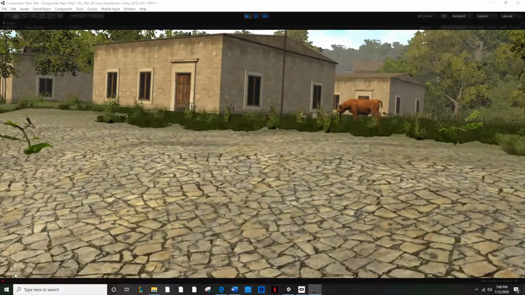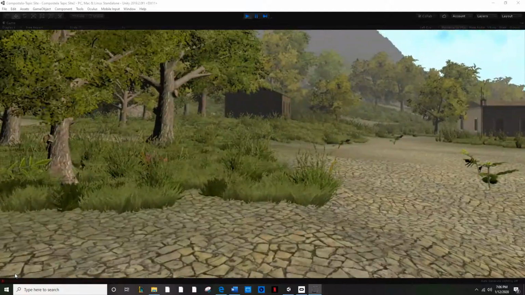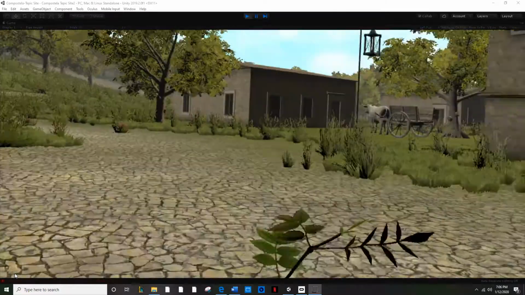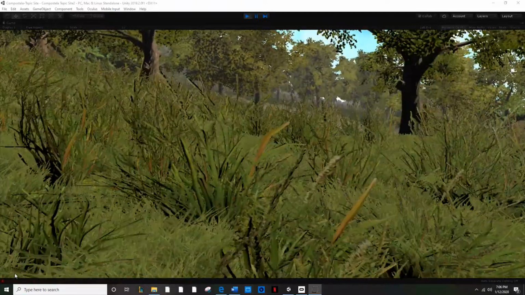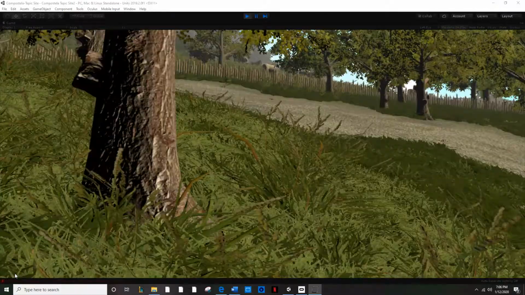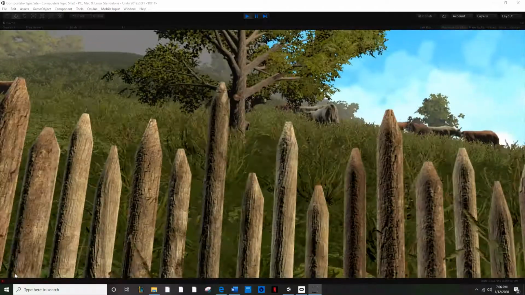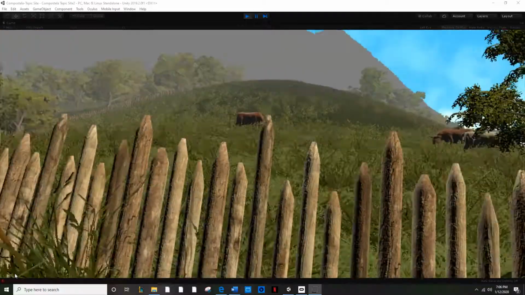I also went ahead and made it so that we've got animation for things like the cows. If we were to speed walk, which is one of the things that Roger had asked for, we can get up to where the pen is that's up here, the area where the cows are going to be and stuff. And I have it set so that the cows will randomly wander around on the inside of this little field